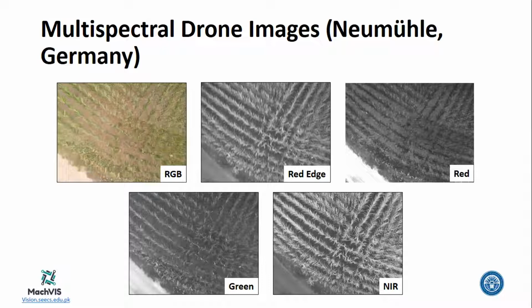We took the images of a very small chunk of the crop, almost 8 to 9 acres, and then made the orthomosaics of the images captured by the drone, and then we made the NDVI indices and some other indices, SAVI, NDVI, and